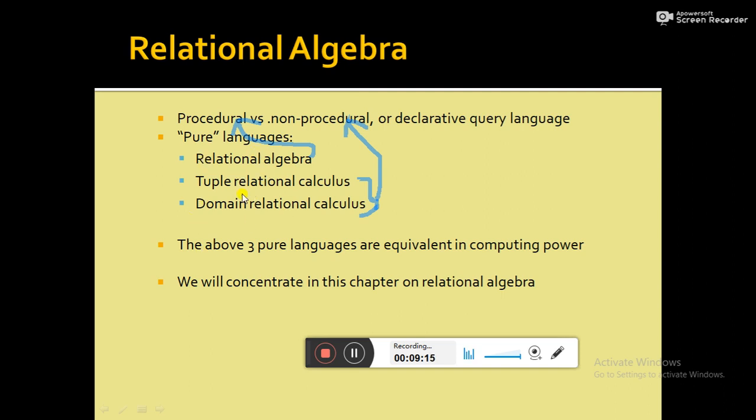And these three languages are pure languages, in the sense that you cannot execute these languages on your machine. This is the basis of any application language. But in that chapter, we will only concentrate on relational algebra.